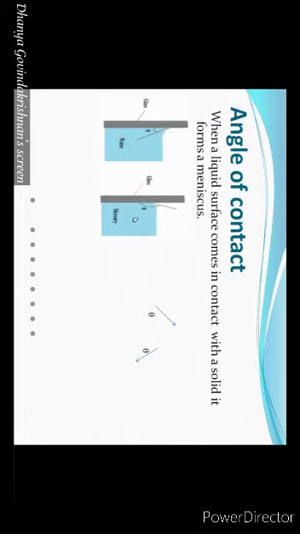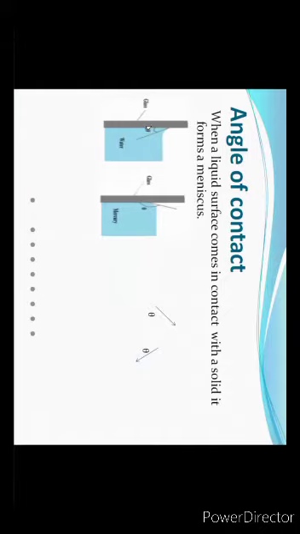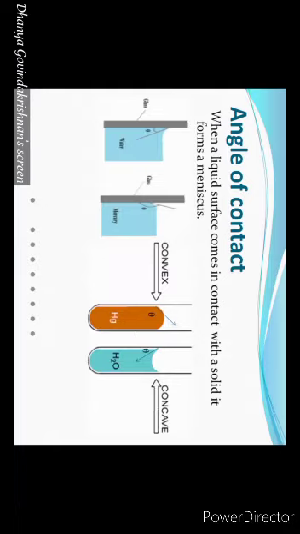At the same time, in the second diagram, you have mercury. And where the mercury surface is touching the glass, it is creeping down. That is the difference. And this is due to angle of contact. In case of water, we are drawing a tangent to the surface, and the angle between the solid surface and the tangent is called angle of contact. In case of water, it is an acute angle, while in case of mercury, it is an obtuse angle. You can see that clearly from the second diagram.